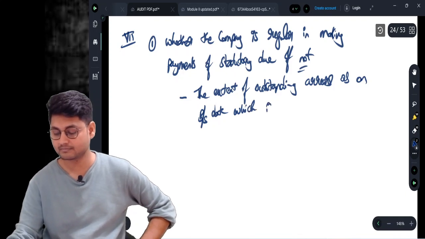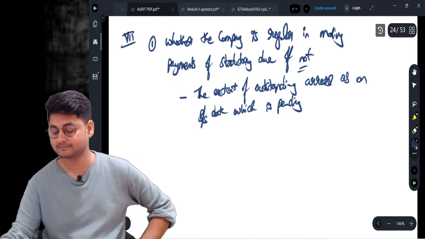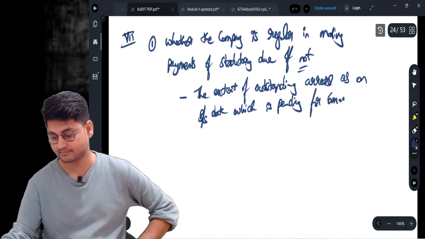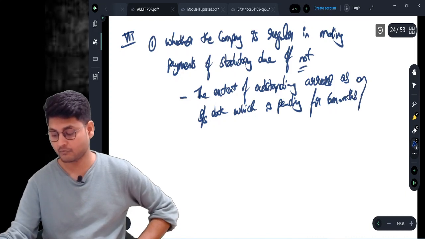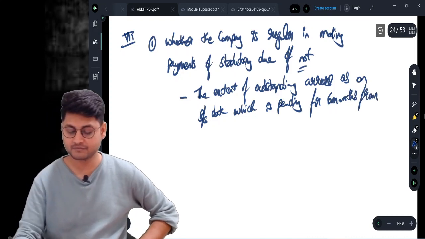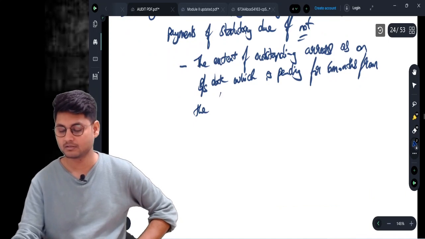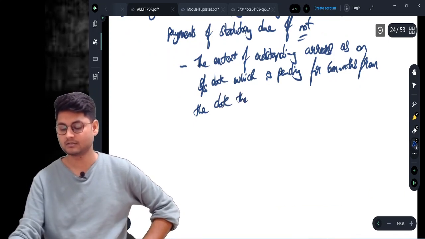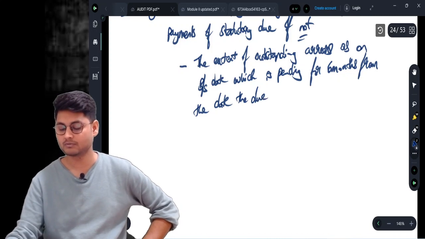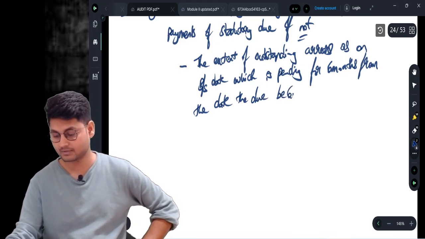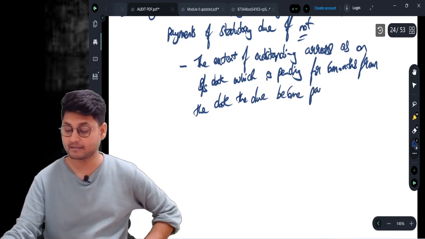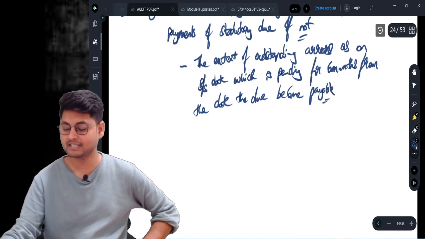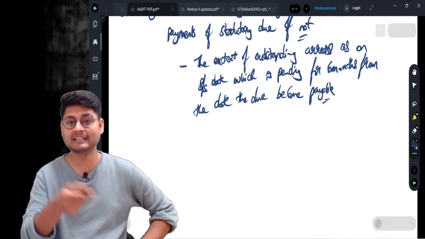Which is pending for how many days? How many months? Which is pending for 6 months. From what date? 6 months from the date the due became payable. So from that date we need to calculate the 6 months, and it is still in existence